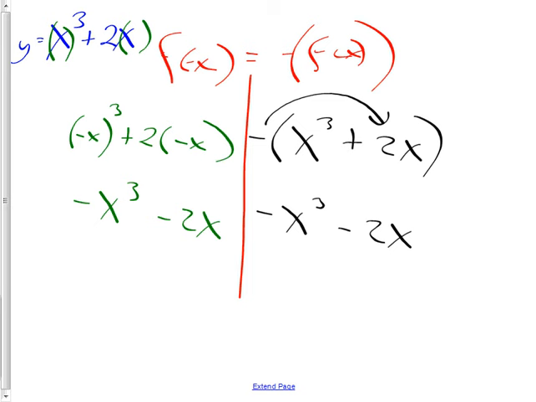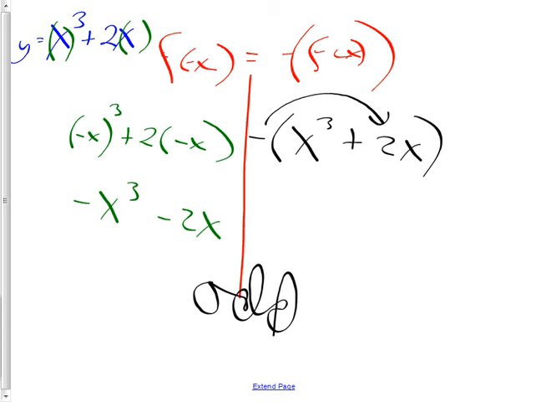Now to prove that it's odd, if you just have the answer odd on your paper, and you haven't got this other part, you haven't got two things that are actually equal to each other, you will not